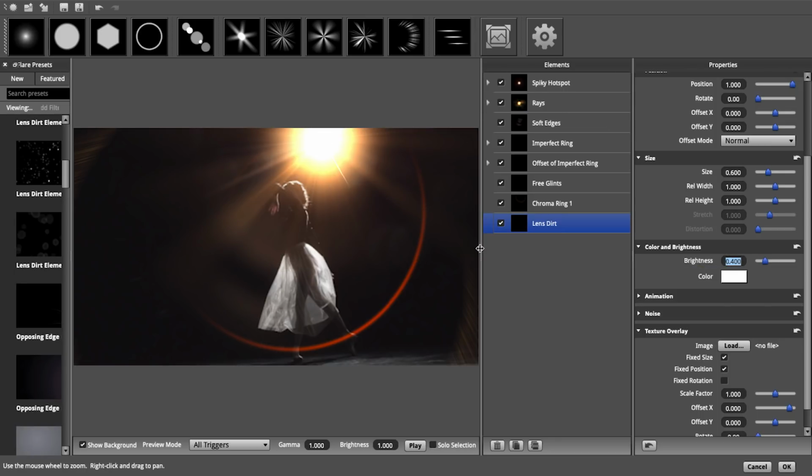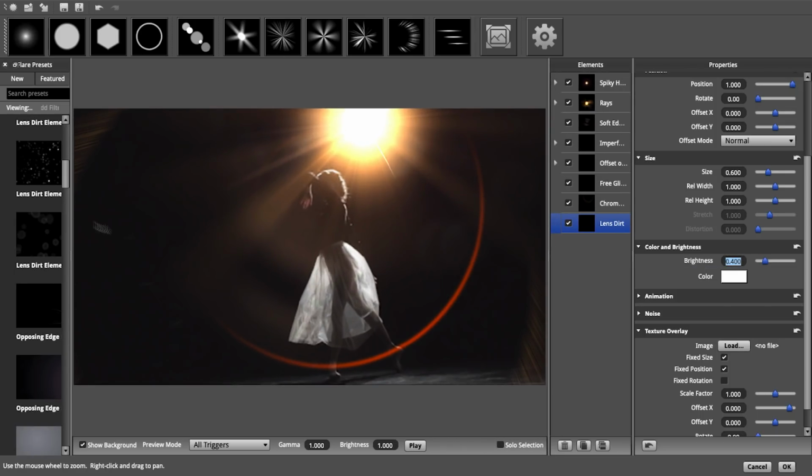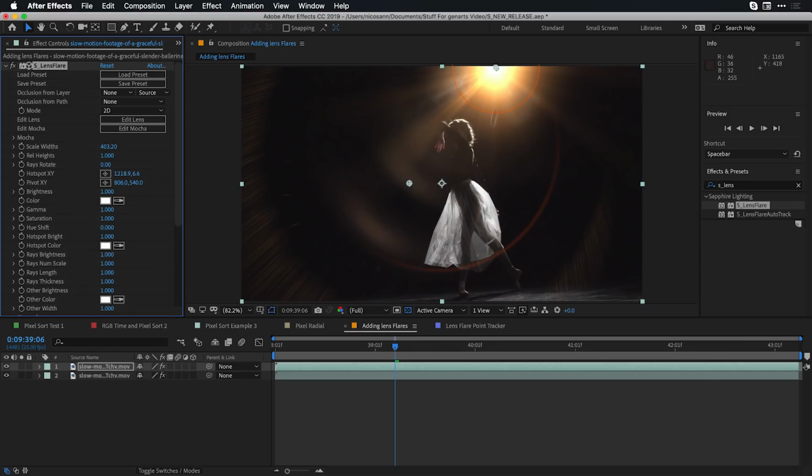Now the best part about this is that all of these changes will then be applied and I'll be able to see this within After Effects. I should also mention that if you look here at the top, there have been a few elements added for your use when dealing with lens flares, both multi-streak and multi-spot elements, to take your designs even further. By pressing OK, I'll head back into After Effects, where we can see that it has changed